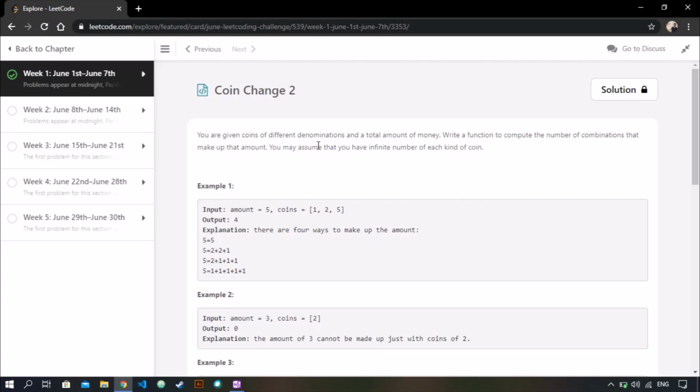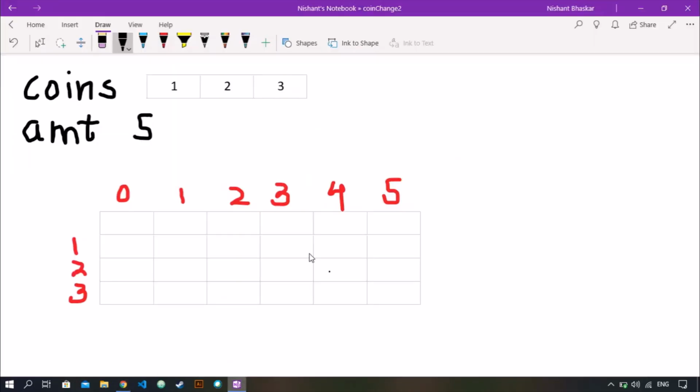Okay, so there's another famous dynamic programming problem, Coin Change, where we are given similar denominations of coins and a total amount, and we have to find the minimum number of coins we select from this coins array to make up that amount. So this question is very much the same, but here we have to find out the number of ways that we can do that. Okay, so let's see how we do that.